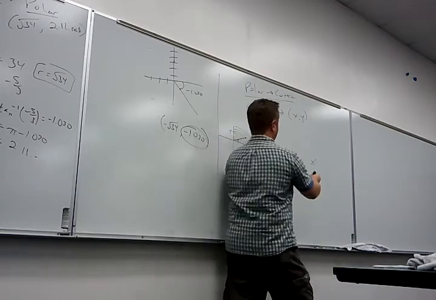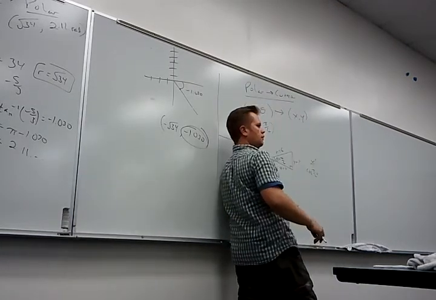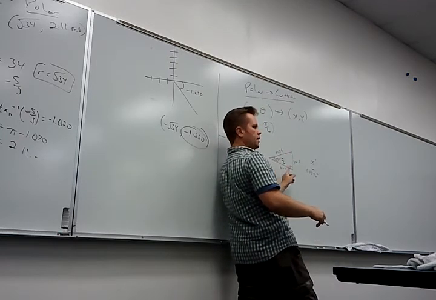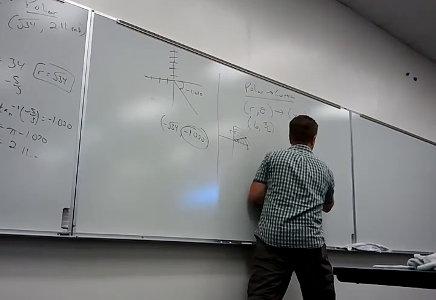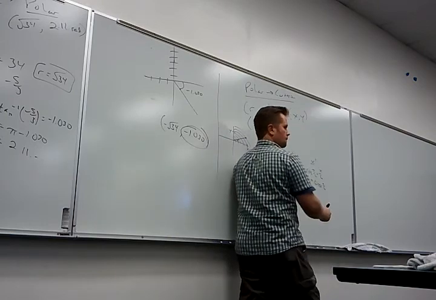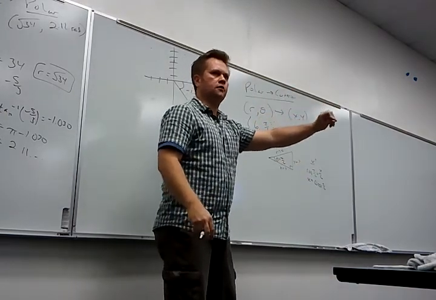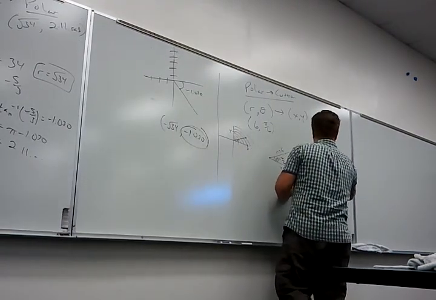Yeah, cosine of pi over 6 would be what? x over 6, right? Just making the ratio of the x side over the hypotenuse. So x equals 6 cosine pi over 6. That should not be a surprise because x goes like cosine. So not surprisingly, y is going to be y equal to